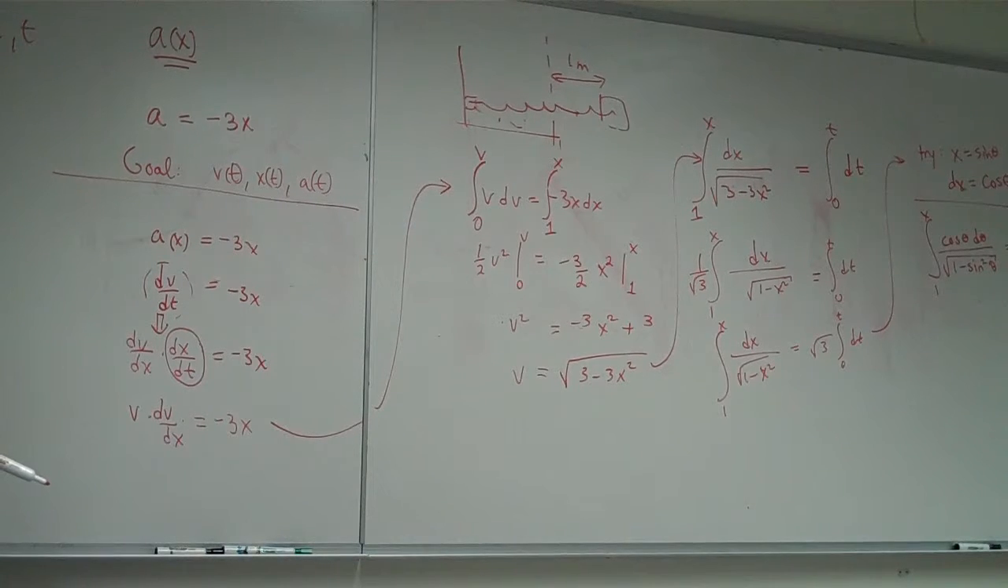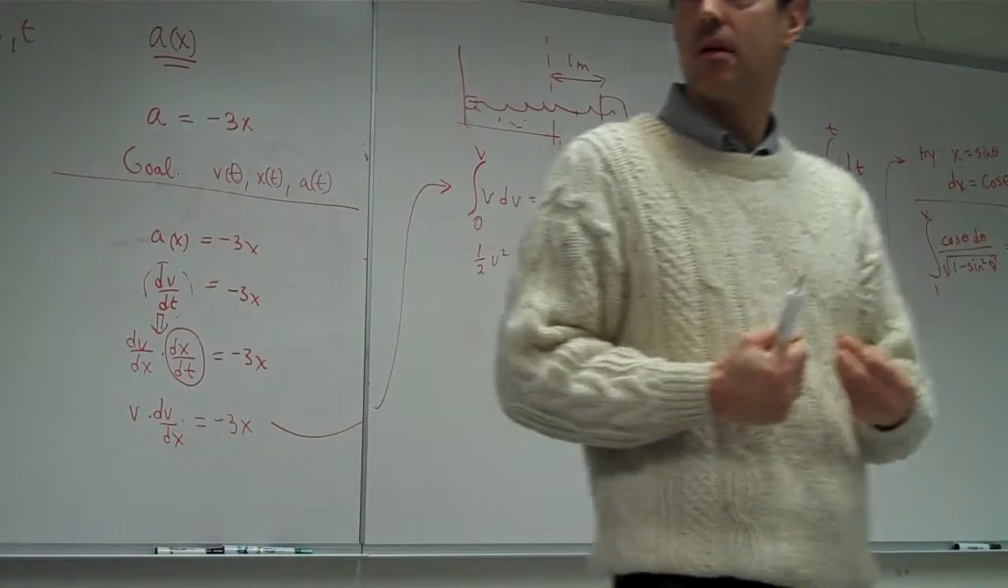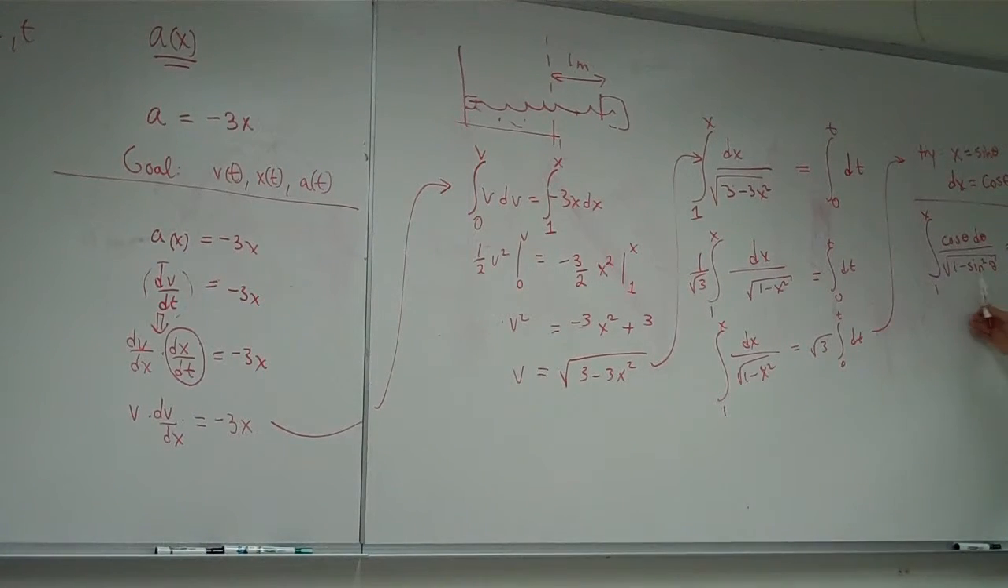Maybe now you can see where the good news is with the substitution. 1 minus sine squared theta is otherwise known as what? What can I replace that with? Cosine squared theta. What's the square root of cosine squared theta? Just cosine. Now I have cosine divided by cosine, and cosine divided by cosine cancels out. So I get the integral of d theta from 1 to x